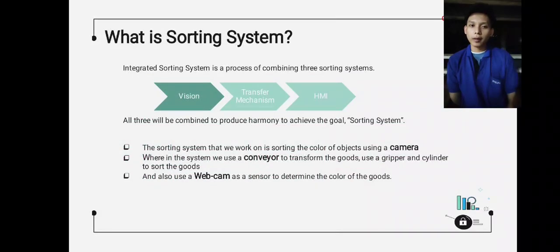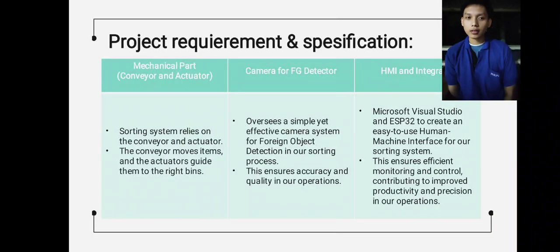My name is Juan Mir Panjaitan. I'm from Mechatronica B9. I will explain what a sorting system is. A sorting system is one process to assemble and sort the object, to put it in the good box or the reject box. Next, I will explain the object requirement and specification.